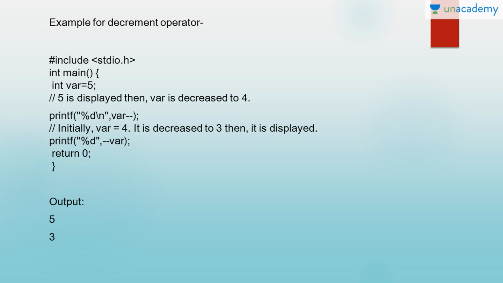Now see with respect to the decrement operator. The variable is equal to 5. First we are doing a postfix operation, so 5 is displayed as it is. Then it is decremented by 1, thus making it 4. So the first output will be 5, displayed as it is. Now our variable is decreased to 4. Then it is a prefix operation here, so we decrease the variable, which is 4, by 1, which gives 3. So 3 will be our output because first it is decremented, then the value obtained is printed. So 5 and 3 will be our output from this program.